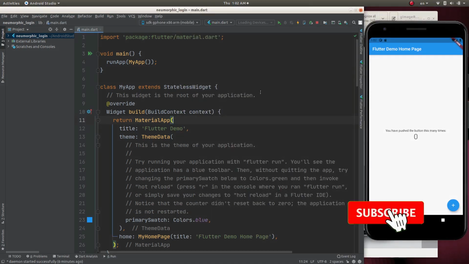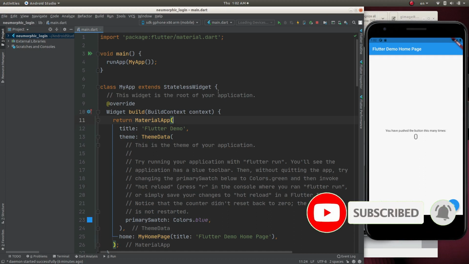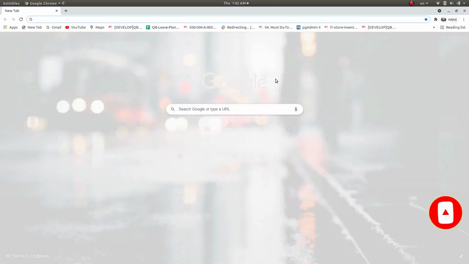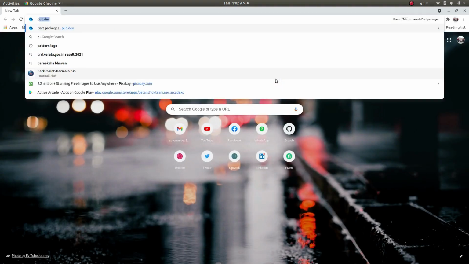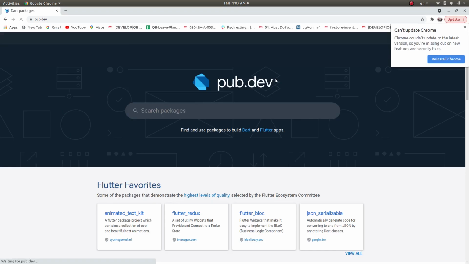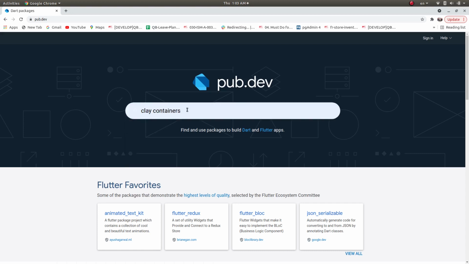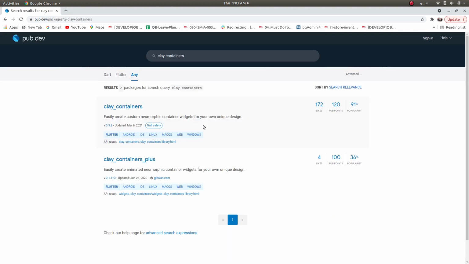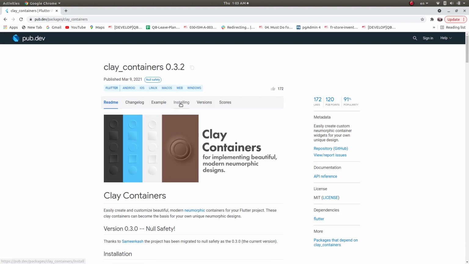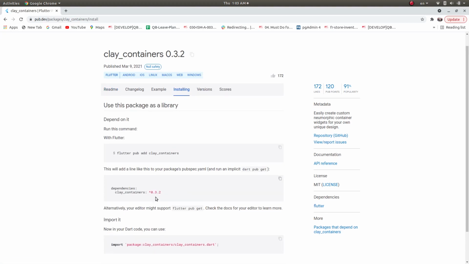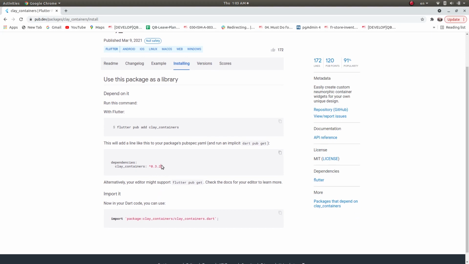For creating this design, we are using a package. For that, go to your favorite browser and search for pub.dev. There it is. Okay, let's close this and search for clay containers. Okay, go to the first link and go to installing and copy this clay containers. Copy. Now go to the project